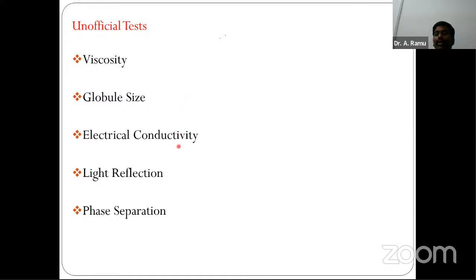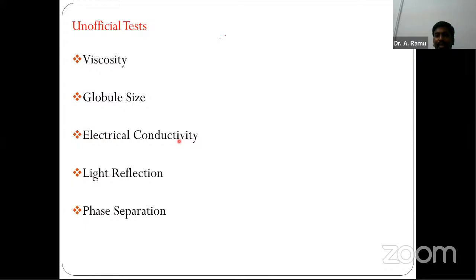Apart from this, you can also determine the electrical conductivity of the prepared emulsion. From this particular test, we can identify the type of emulsion, whether it is an O/W type of emulsion or a W/O type of emulsion, and also whether the O/W type of emulsion is stable or not. When it is stable, since water is the continuous phase, it conducts electricity. When it is not stable, since water will not be the continuous phase, it fails to conduct